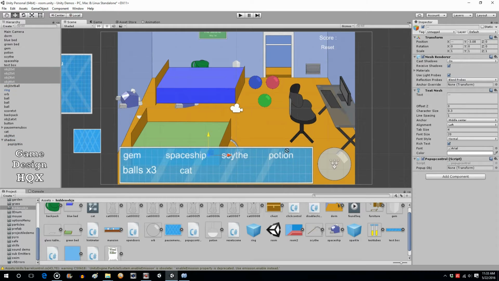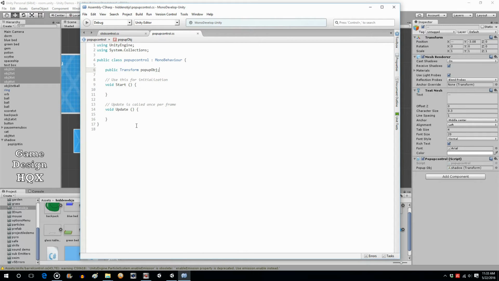So we'll just drag and drop it there. Now, outside of start, outside of update, what we want is void OnMouseOver. This is a predefined routine, so you need to make sure you don't misspell it and that it's case sensitive, so capital O-M-O. So OnMouseOver,